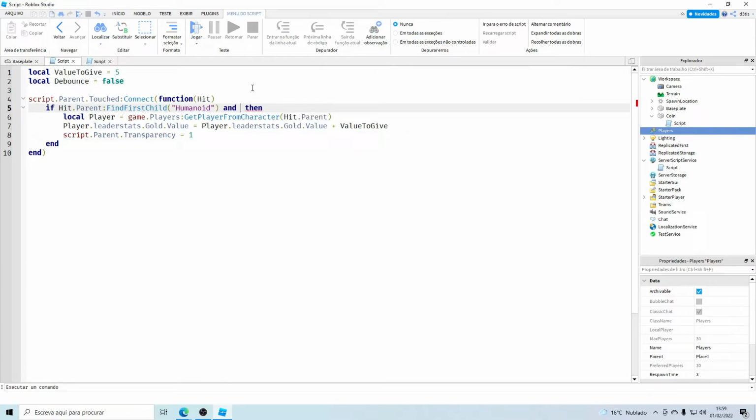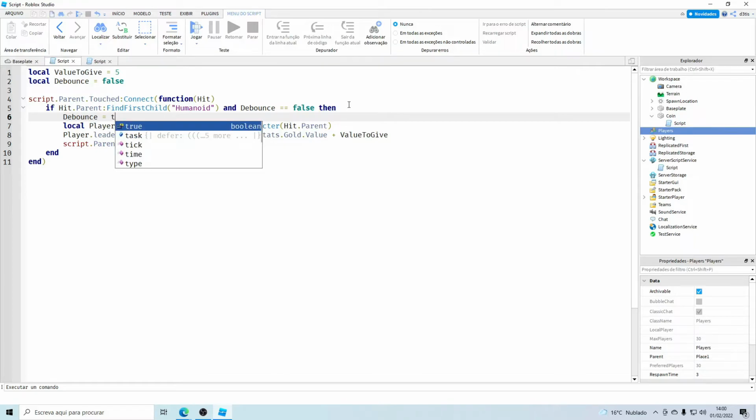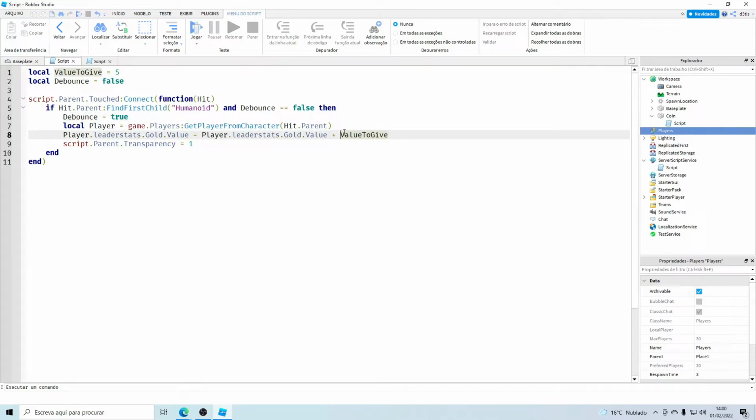We are checking if the thing that touched the coin has a humanoid, and if the debounce is false, basically if the cooldown is false, then the script can run this little code to give the player some gold. The debounce needs to be false to run the code basically. So debounce equals true, and